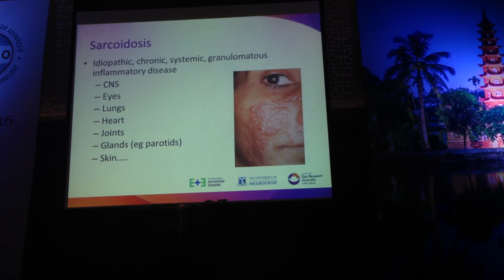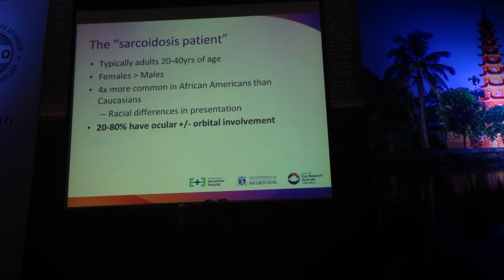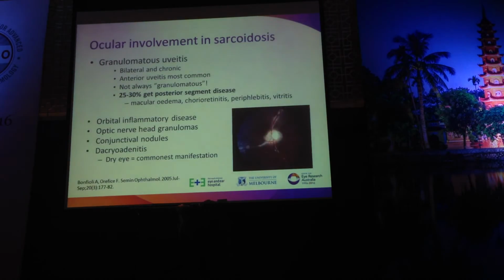Sarcoidosis is an idiopathic chronic systemic granulomatous inflammatory disease that affects all organs, including the eyes. The typical sarcoidosis patient is 20 to 40 years of age, females more than males, and it is more common in African Americans than Caucasians. Up to 80% may have ocular involvement. The ocular involvement is predominantly granulomatous uveitis when it's uveitis, and you just highlight that up to 30%